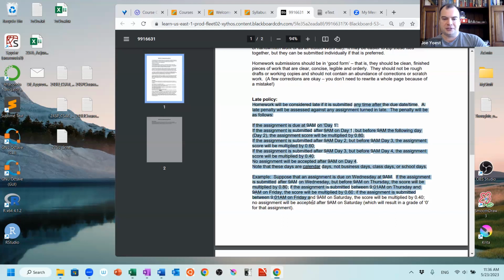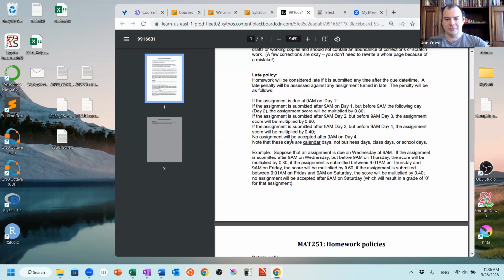So the late policy is detailed here. Basically 20 percentage points deducted for each day late, and no assignments accepted after day 4. So these are calendar days, not business days. And the first assignment, assignment 0, which we'll see in a minute here, I actually made due just before midnight this coming Friday. But then starting with assignment 1,